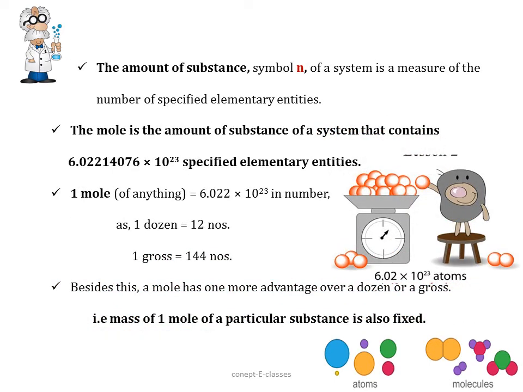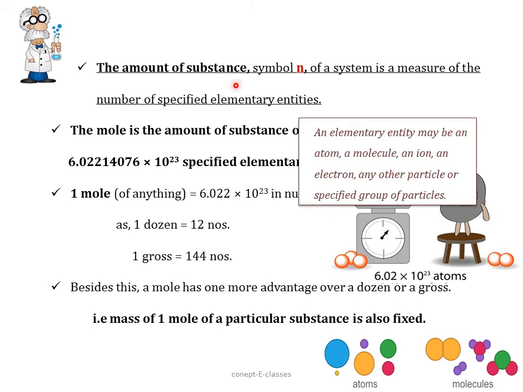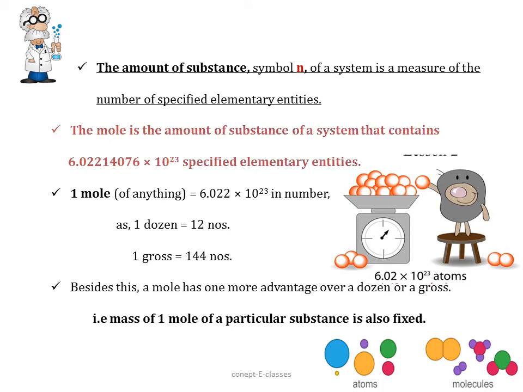So we saw that the mole was introduced in order to refer to the amount of a substance, or quantity of a substance, in terms of molecules or atoms. Now this amount of substance is symbolized as n, and it is a measure of the number of specified elementary entities. What do we mean by these elementary entities? They can be atoms, molecules or ions. Hence we can define the mole as the amount of a substance that contains